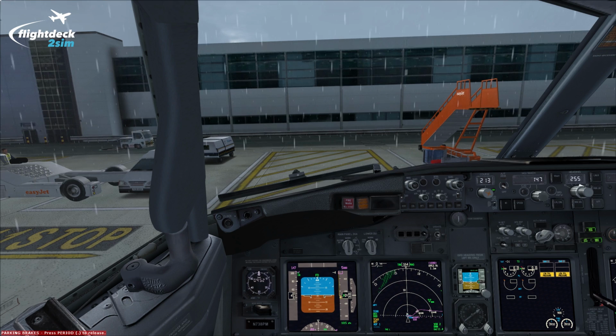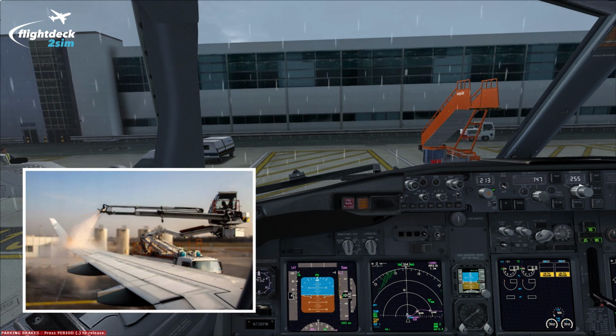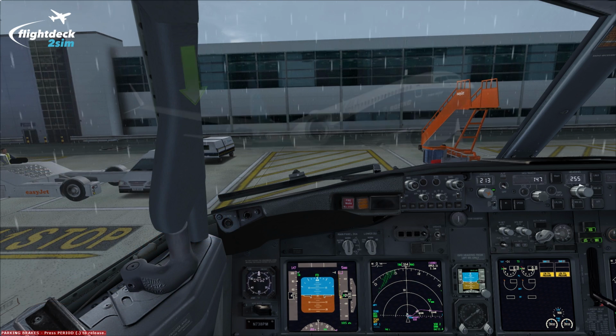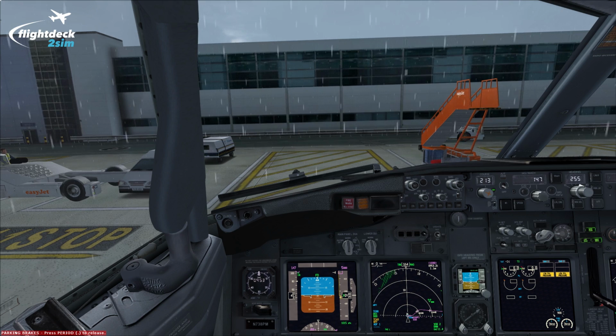Now, we need to ensure that prior to takeoff the aircraft is completely free of any snow, ice and contamination. The upper surface of the wing and horizontal stabilizer and leading edge devices must be free of ice and snow. And to remove that, we need to de-ice the aircraft and then anti-ice it to prevent any further build-up